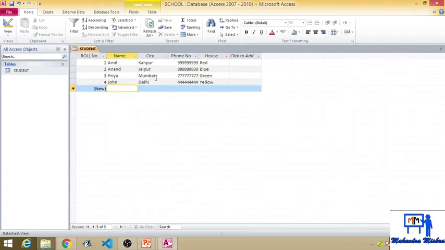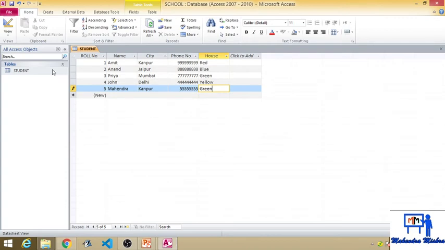In the same way you can give any name. Suppose I put my own name Mahendra, it is Kanpur, number could be anything, and the house is green. We have created this table.